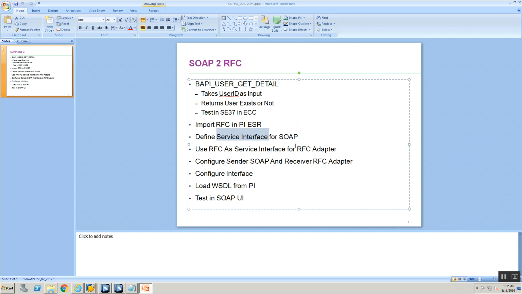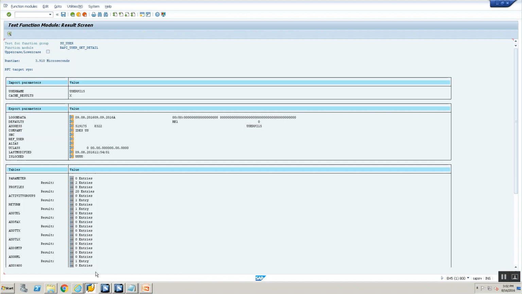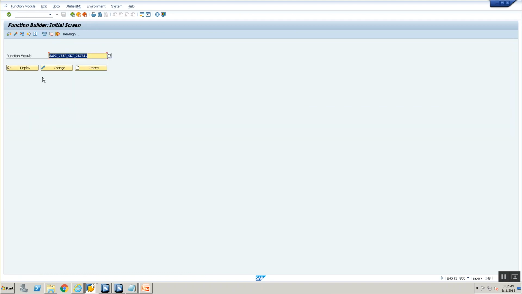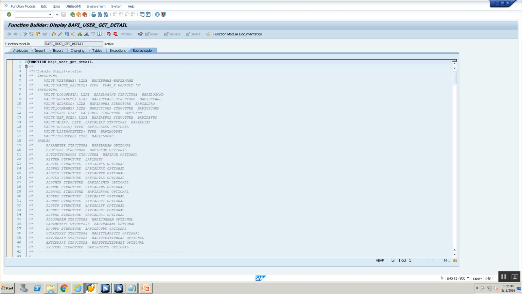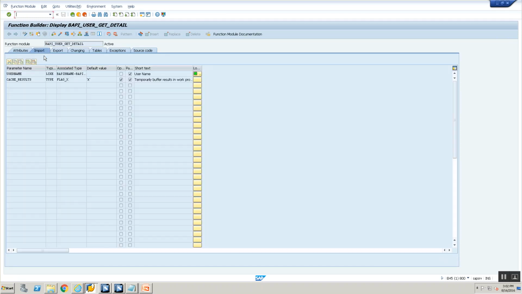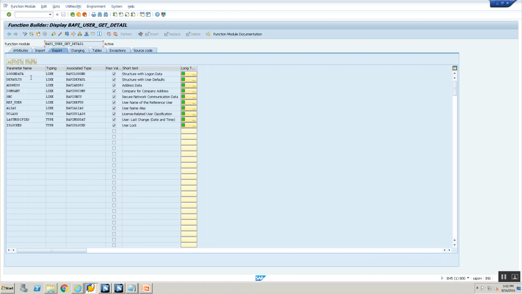Basically, the idea is you want to expose the RFC, which has a set of input parameters and a set of output parameters. So let's go back, display. Instead of execute, I'm going to display. So the RFC has a set of import parameters. The import parameter is a username, and it has a certain set of export parameters, and it has a set of tables.